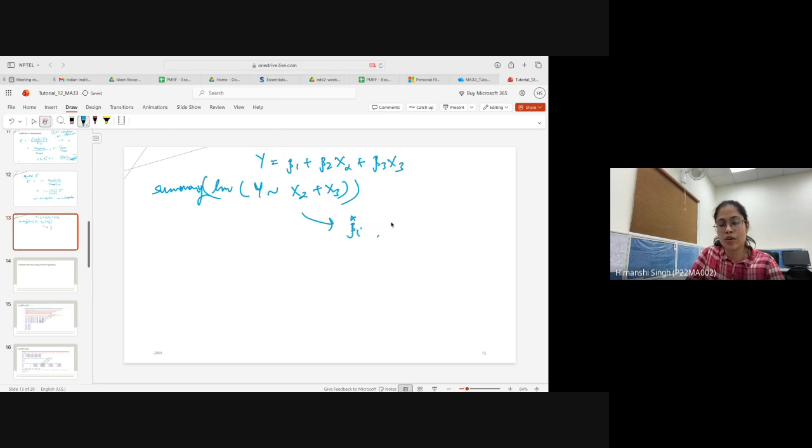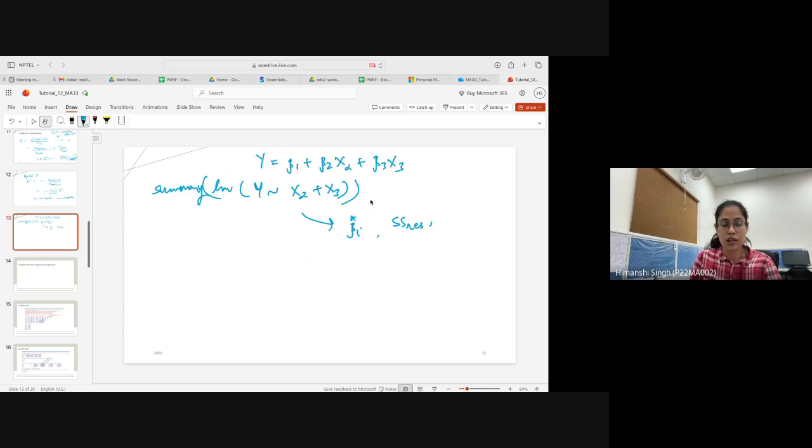It will also give us the SSres, the residuals. It will also give us the standard error due to these x1s, this x2 and x3, which we have already talked about in the previous lectures. Apart from this, it will give us the p-value, the value of the test statistic for the individual tests, and the corresponding p-value.